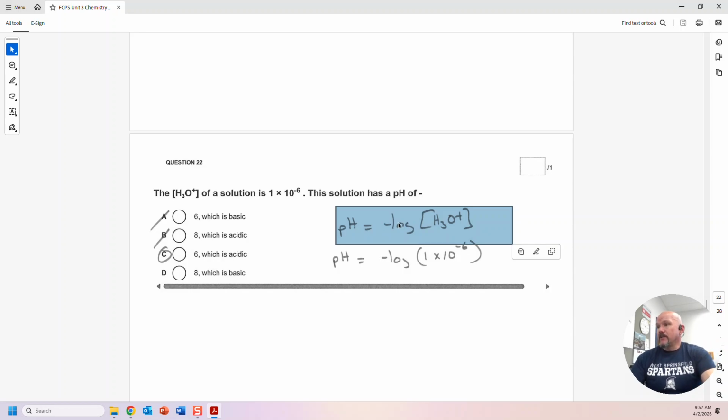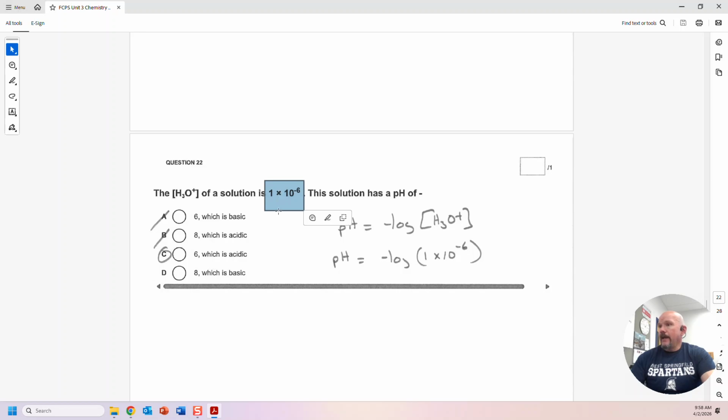I would have pH equals negative log of hydronium molarity. I would have pOH equals negative log of OH minus molarity. And I would have pH plus pOH always equals 14, okay? And remember, when you see something in brackets, it means the molarity of that thing. So it's telling us the molarity of hydronium is 1 times 10 to the negative 6, and we want to know the pH. So for hydronium, all we have to do is take the negative log of this, and that'll be the